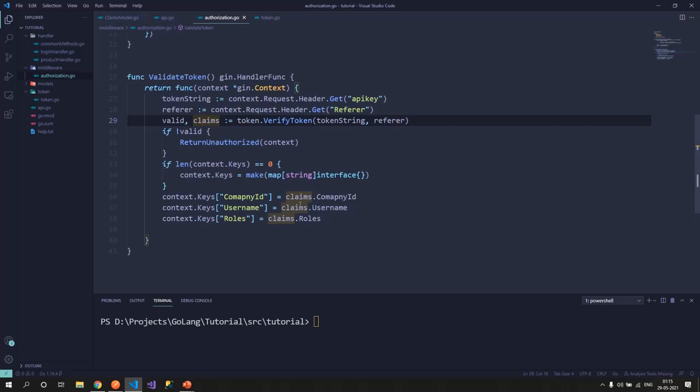From that we'll get all the values and set them in the API context parameter, so that all the endpoints or handler functions can get this value and don't have to go ahead and decrypt the token again. So decrypting the token remains in one place, and you can definitely leverage this functionality in Gin and hide the implementation of decrypting the token from any other handlers. So this is the middleware that we have created.